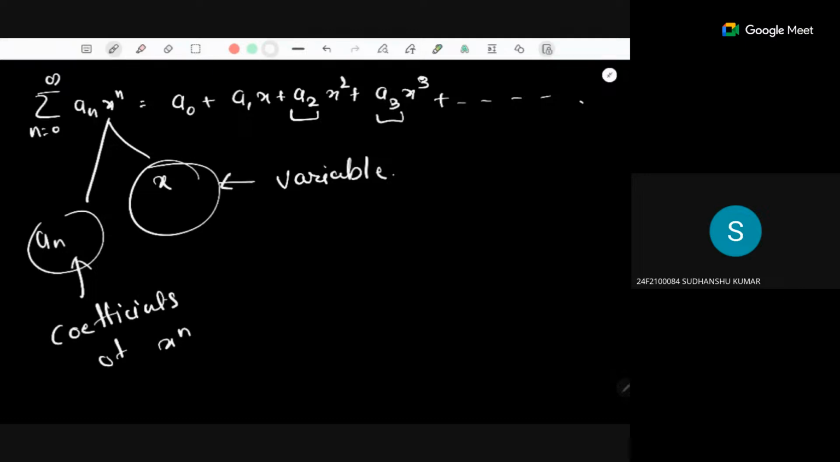So now in this power series, what are the questions we need to solve? The first question is, we need to find all those values of x